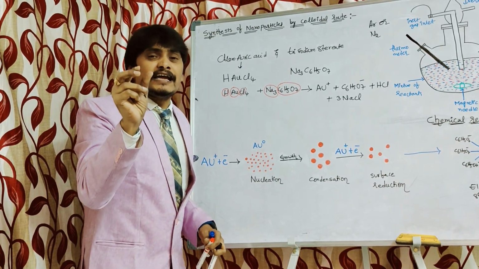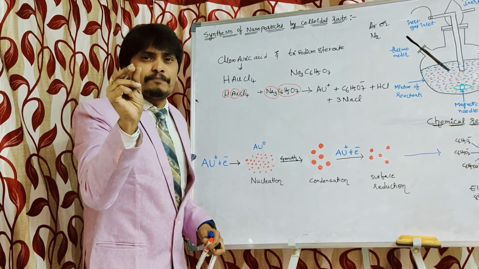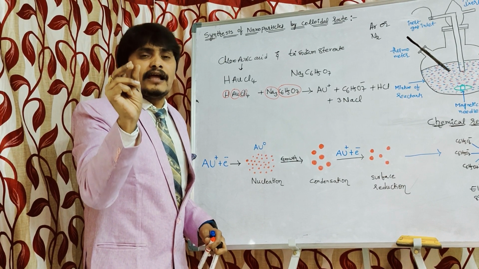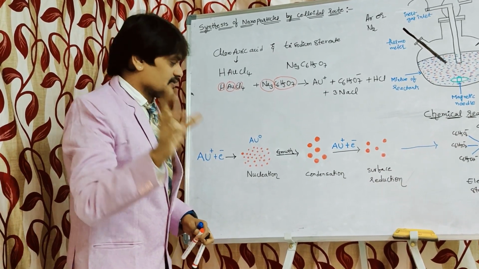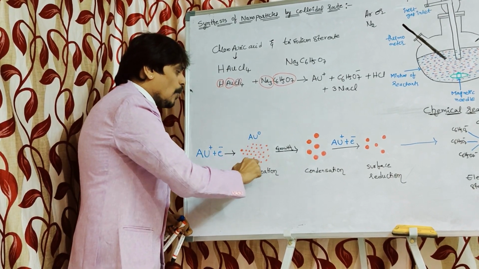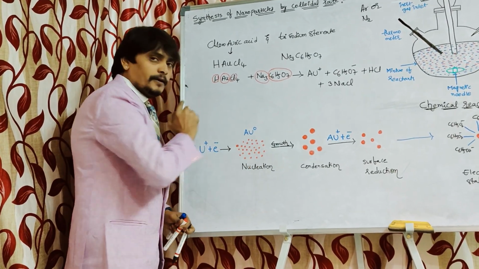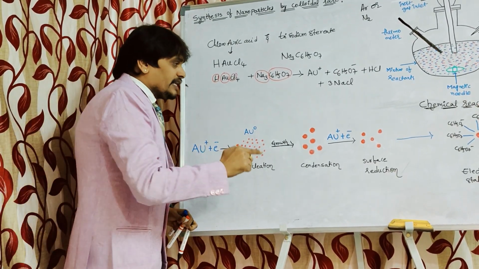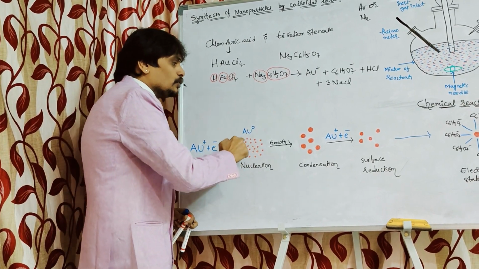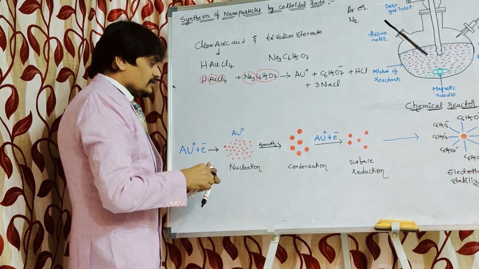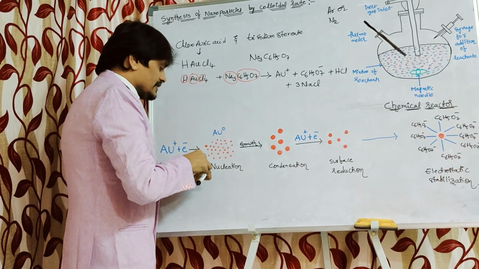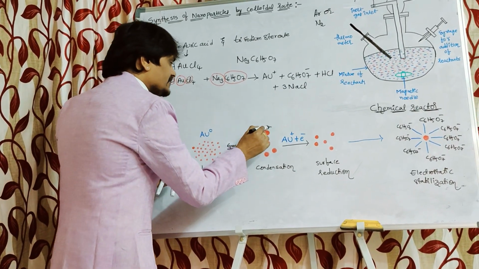Nucleation means conversion of tiny particles or tiny atoms or tiny molecules into solids. So gold particles have been formed. Those gold particles which have been formed should grow as nanomaterials, right? So that job is done by the condensation